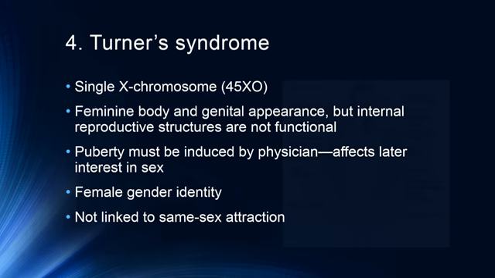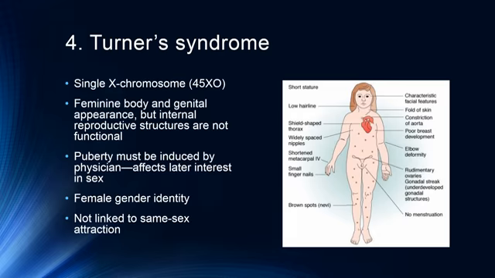So to give you an idea about how this works out in terms of physical properties, they tend to be short in stature. They tend to have some characteristic facial features with a low hairline, some fold of the skin, oftentimes have other physical ailments like constrictions of their aorta, poor breast development, deformities in their elbows, shortened metacarpals, smaller fingernails, very rudimentary ovaries. They tend to have these brown spots as well, and they won't menstruate.